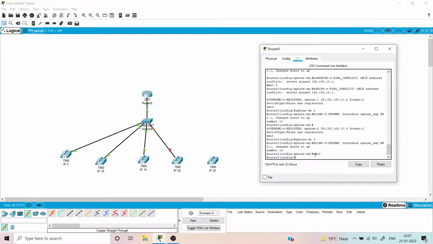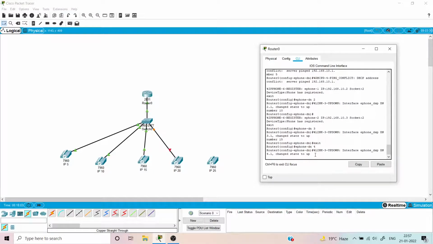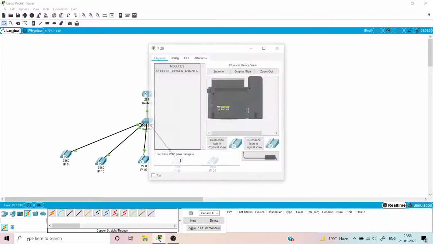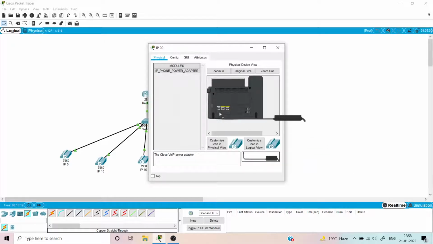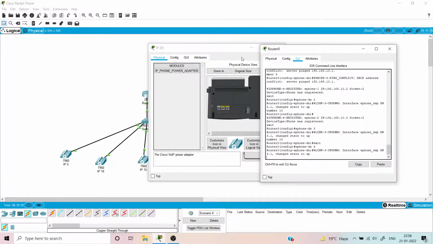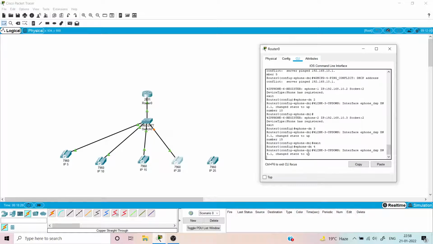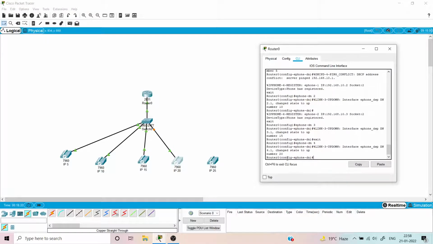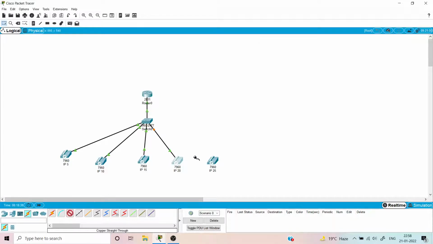So we'll go for exit. Okay, let us try to first see why it is okay. We didn't connect it properly, so this has now been connected. Okay, and now we have done this ephone dn4, and that is for the 4th connection, and we'll assign it the number, which will be 20. Enter. So the 4th phone is also done, and the next thing that we need to do is the 5th